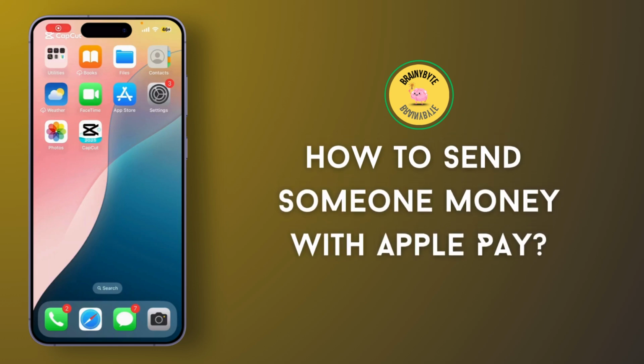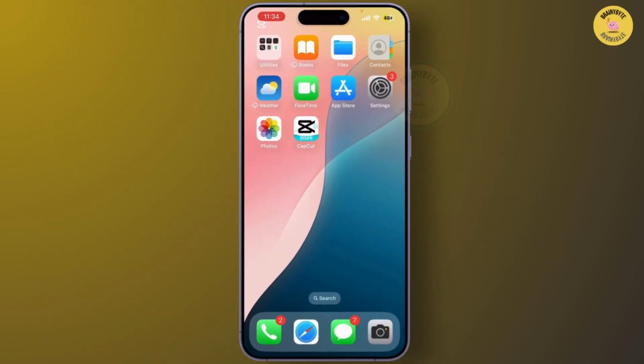How to send someone money with Apple Pay. If you've ever wanted to send someone money quickly and securely, Apple Pay makes it super easy to do. In today's video, I'm going to show you exactly how to send money to someone using Apple Pay, so let's